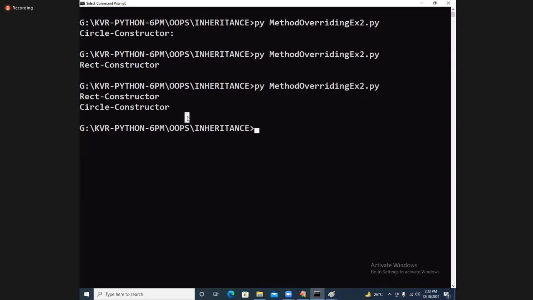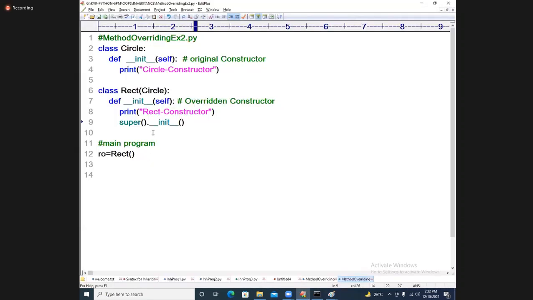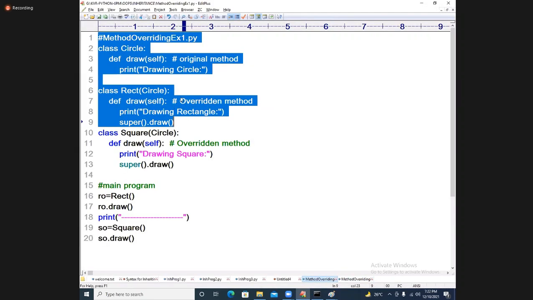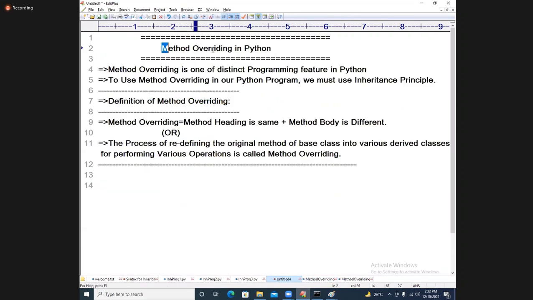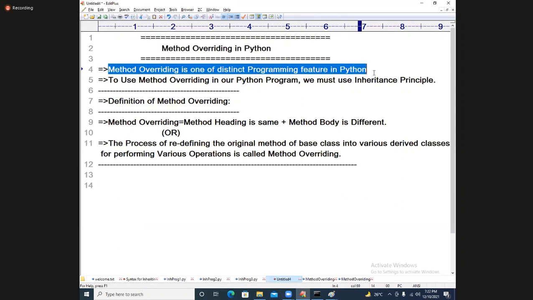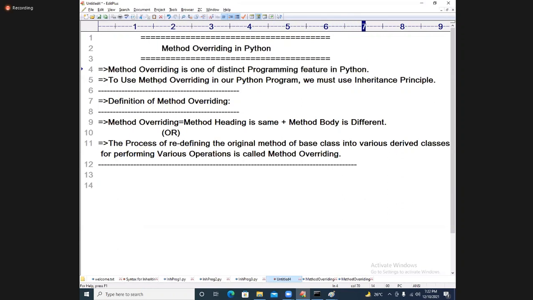Super. Which concept are you learning today? Method overriding. See how simple it is. Method overriding is one of the distinct programming features of Python. To use method overriding in our Python program, we must use the inheritance principle. You take my method and override it according to your convenience.